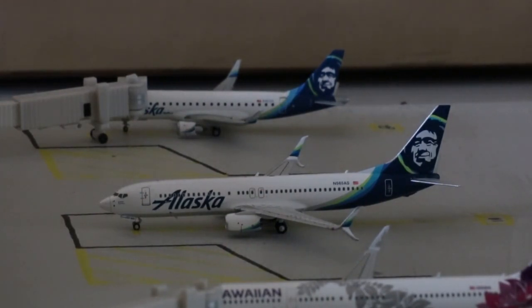I don't know if that was a mistake on my part, but I listed a 738 for Seattle Everett. I highly doubt that's happening. I think that was a typo, but regardless, looking really, really nice and very excited for what's to come. Let's take it over to